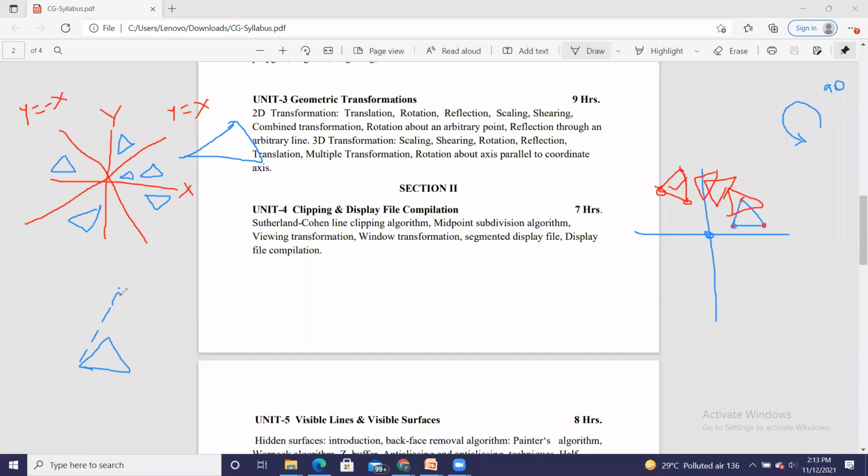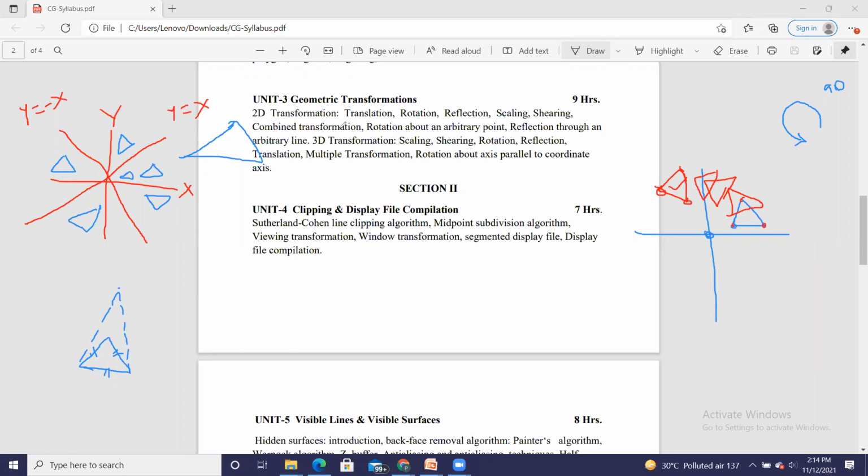So this is your ultimate stretched point. The base will not change. Only you are going to pick the top of the triangle to some more height. So this will form the deformation in the shape. Earlier maybe this triangle was an equilateral triangle, but now it has changed. So the shape of the object will not remain the same in shearing. These are the different transformations we are going to learn on 2D and 3D images.